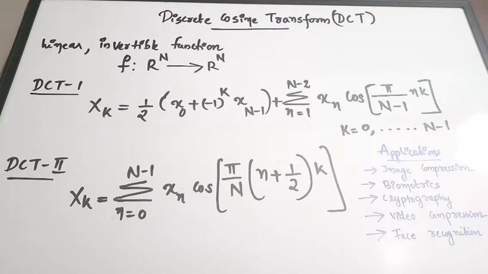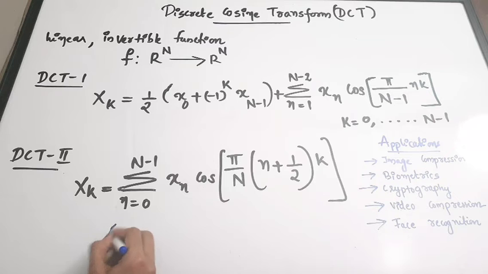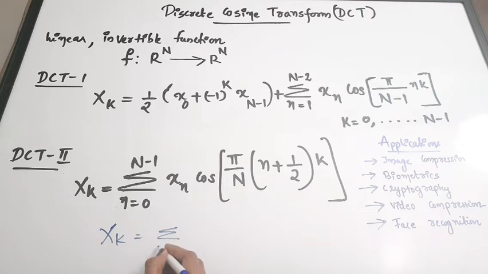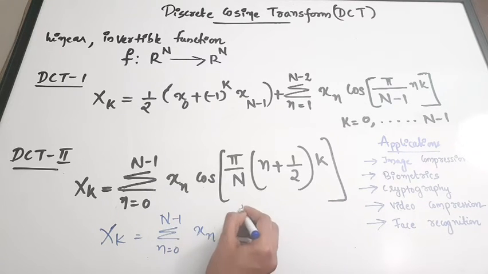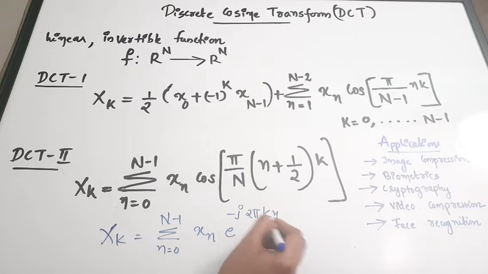In the Fourier transform, things are expressed as Fourier terms, or in simple words, the DFT is expressing a complex input as a sum of various complex terms. The equation for DFT is like this. I'll write it at the bottom. X of k, capital X of k, is equal to sigma n equals 0 to capital N minus 1, x of n e raised to minus j 2 pi k n by capital N.